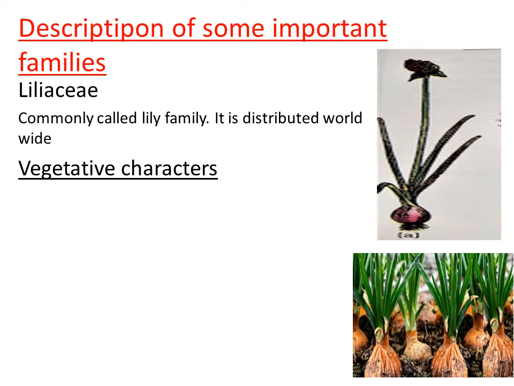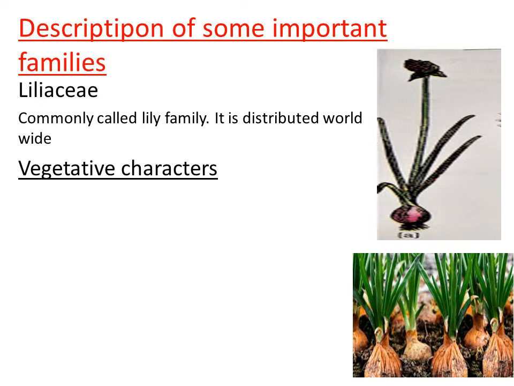Let us study the vegetative characters. We explain about root, stem and leaves, right? Because the onion plant is a monocotyledonous plant, the kind of root system we have here is the fibrous root system. Clear? The fibrous root system can be seen in the plant, and most of the plants show underground modification. This is the onion plant, right?